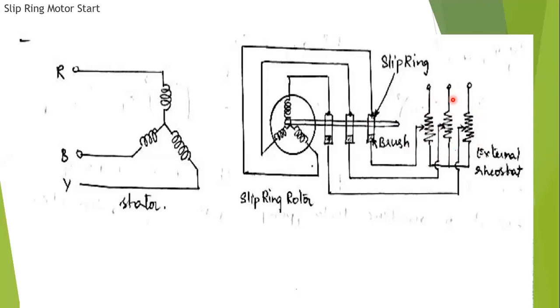After the motor starts and runs at normal position, these will be short circuited. These three will be short circuited by using a metal collar. If the metal collar moves onto the shaft, these will come together and these three slip rings will be shorted. So there will be no presence of slip rings at the running position, only at the starting position. To limit the rotor current, resistance can be inserted in the rotor circuit at the time of starting.